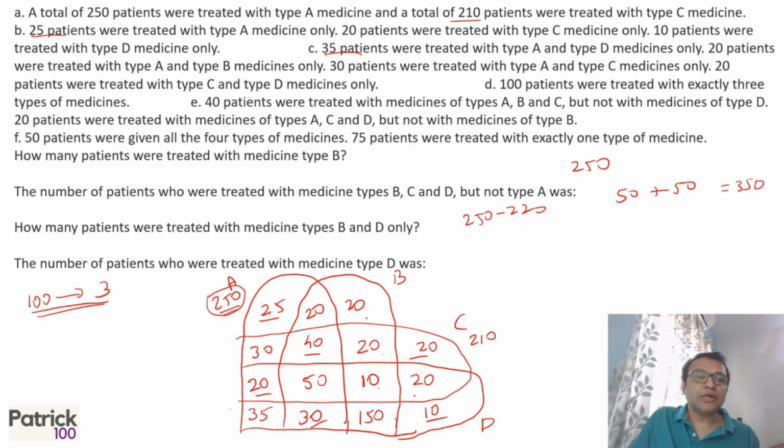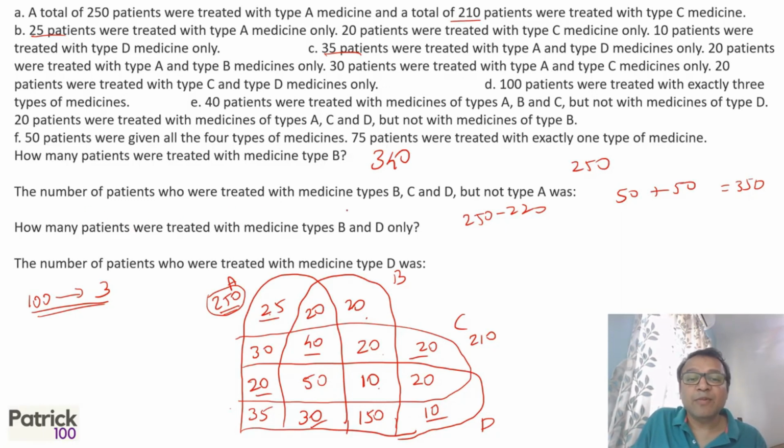Now fill in the information. Now I can find how many patients were treated with medicine B. The whole thing will be medicine B. So if you add it up, it is 140 plus 50, 190, and 190 plus 150 will give you 340. So the answer is 340. If you had not found the missing data, you could also find B by taking total 500 minus what is outside B. Because we knew the total is 500 and we knew what is outside B, we could find B without finding the individual data. But here, because there were four questions which required information, I put in the data so I can get the answer for the remaining questions also.